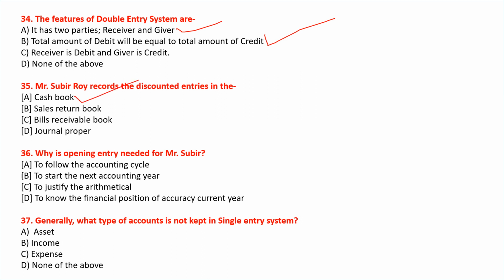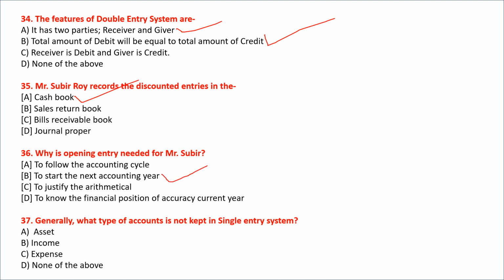Okay, अगला question है why is opening entry needed for Mr. Subir? Option है to follow the accounting cycle, to start the new accounting year, to justify the arithmetical accuracy, to know the financial position of current year. Okay, so इसका right answer होगा option B to start the next accounting year. Okay,